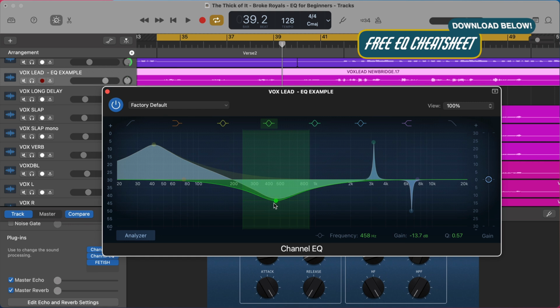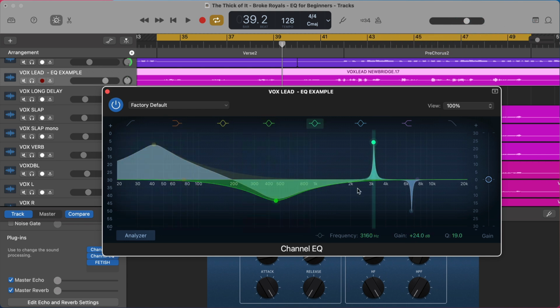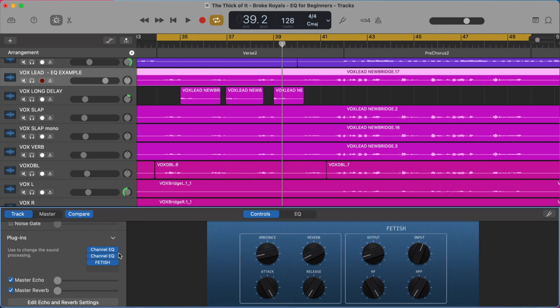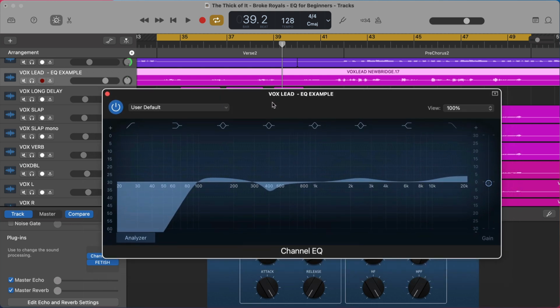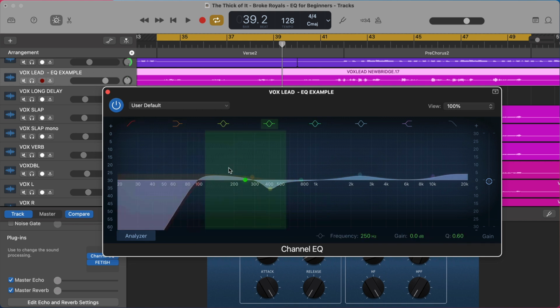Let's talk about EQ boosts and cuts and how big or narrow they should be. First thing I'm going to do is take this EQ off because I don't know what this would sound like if I started to play this on this source. We're just going to take it off. We're going to show you a more realistic looking EQ. This is the EQ I've set up on this vocal here. I'm going to explain a little bit about my decisions in just a second. But first, I just want to show you how much this EQ, even though it's small moves, impacts the sound